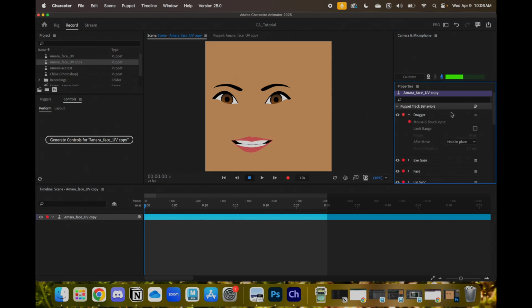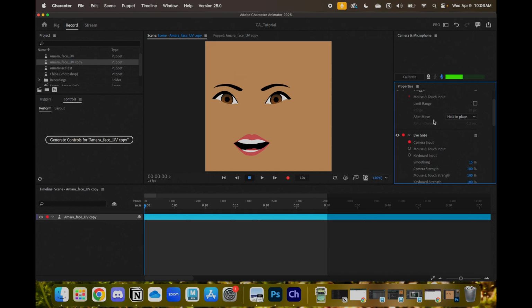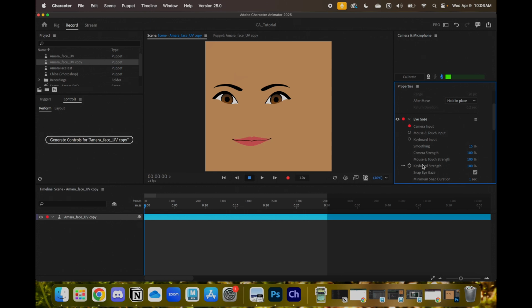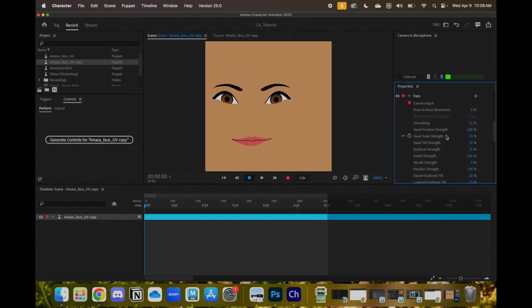So the dragger is what you can do to move everything around. So we're just gonna turn off the dragger. Eye gaze as well is what allows the pupils to move. I've had some trouble messing with this original eye gaze, so I'm also just going to turn that one off. The face we do want to mess with. So the face we want to, yes, have the camera input on,